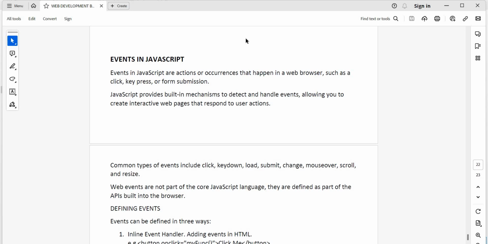Before we look at creating the functionality of the guess game, there's a topic that I want us to treat in JavaScript. In the DOM, there's a topic we want to treat, and that is called events in JavaScript. So what are events in JavaScript? Events in JavaScript are actions or occurrences that happen in a web page, such as a click, a key press, or a form submission. I repeat that events in JavaScript are actions or occurrences that happen in a web browser,